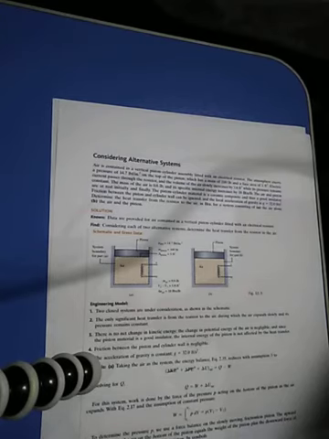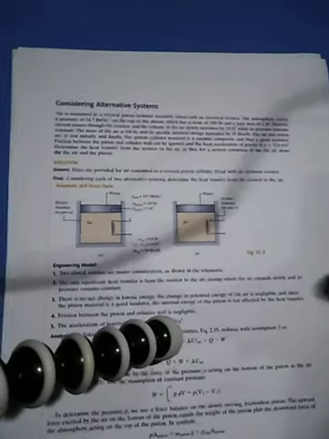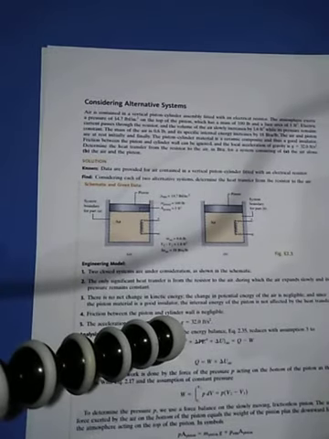So just refer to your manual. So sabi dito, air is contained in a vertical piston cylinder assembly fitted with an electrical resistor. Okay, so fitted with an electrical resistor. So the atmosphere